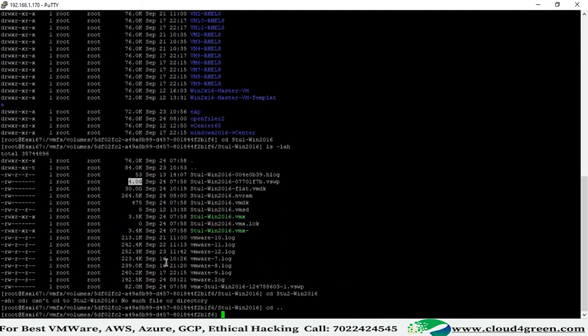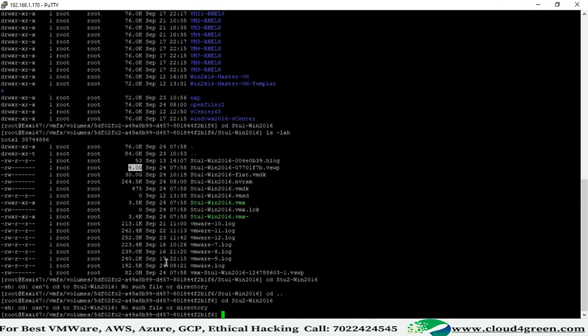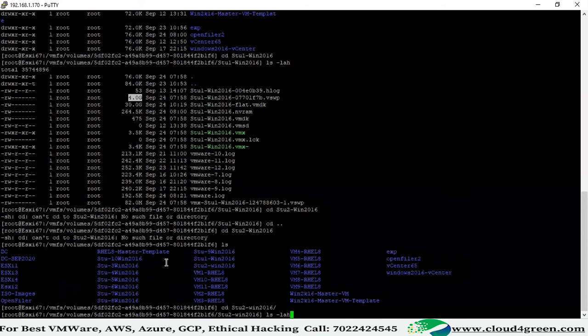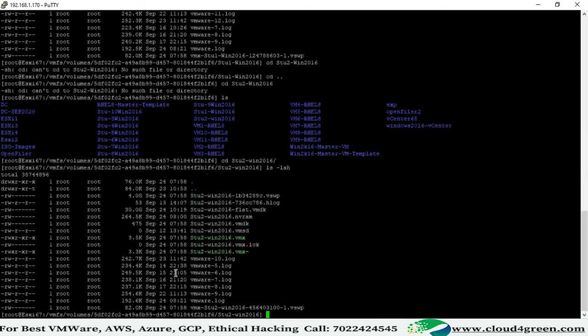cd dot, no such file. cd stu-, stu. So we have a swap file, but still it is showing 4 GB.